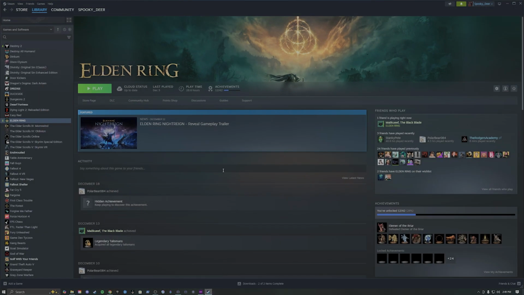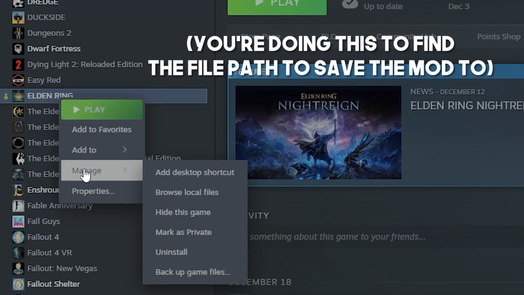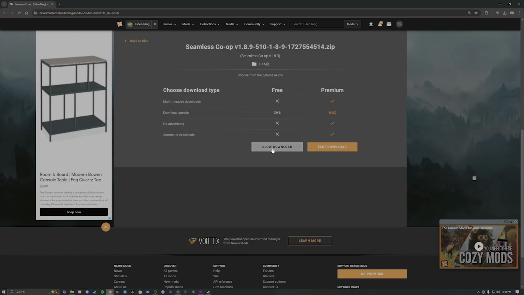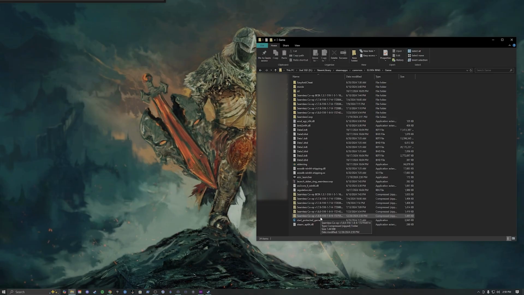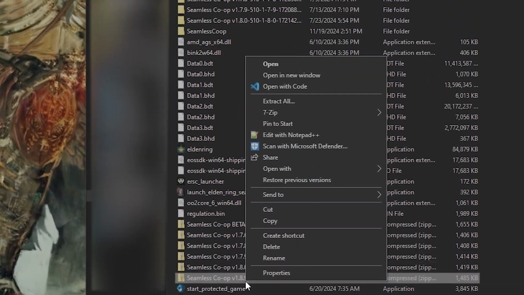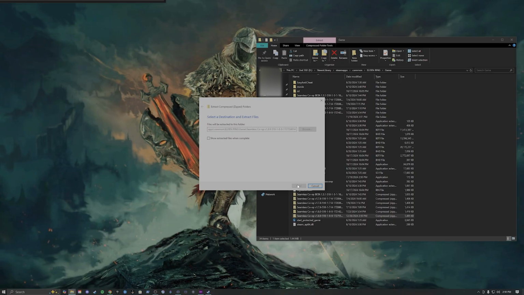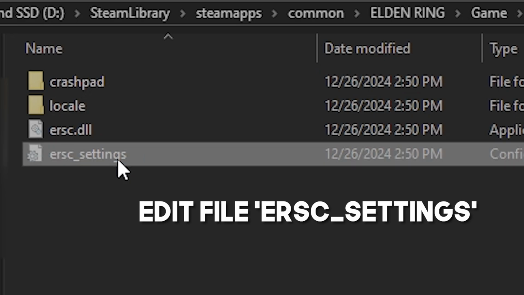Next, you're going to open Steam, right-click on Elden Ring, which you should already have installed, go to Manage, then go to Browse Local Files. Download the Seamless Co-op mod from Nexus and save your zip folder somewhere inside the Elden Ring game folder. Once downloaded, right-click and extract the Seamless Co-op zip folder into the Elden Ring game folder. In the newly created Seamless Co-op folder, double-click and edit the file named